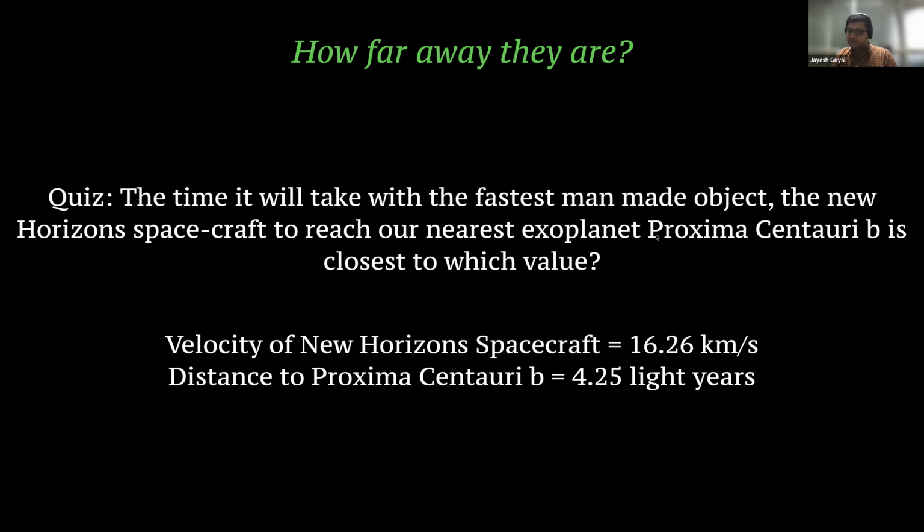If we take the same spacecraft and send it to the nearest exoplanet, which is Proxima Centauri B, how long will it take? I'm asking for the closest ballpark value, approximately how many years or months or seconds, whatever the answer is. I suggest you give your answer in months or years. It will take to reach Proxima Centauri B using this fastest spacecraft. For that, I'm giving you the velocity of the New Horizons spacecraft, 16.26 kilometers per second, and the distance is 4.25 light years. So how about in 5 minutes, you solve this and send your answers